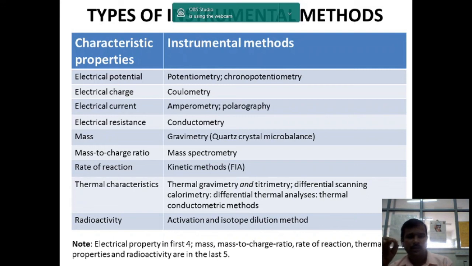So irrespective of the instrumental method, whatever the instrumental method you are going to use for the analysis, the analytical property of the analyte is very, very important. Either physical property it may be, or chemical property it may be, electrical property it may be, or thermal property it may be, whatever it is, conjugation it may be, or structural arrangement it